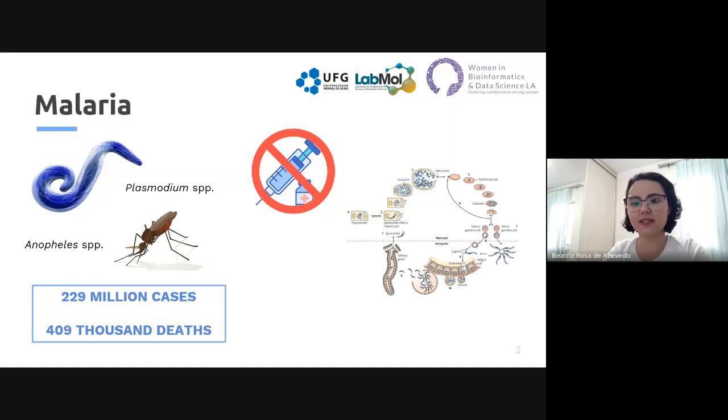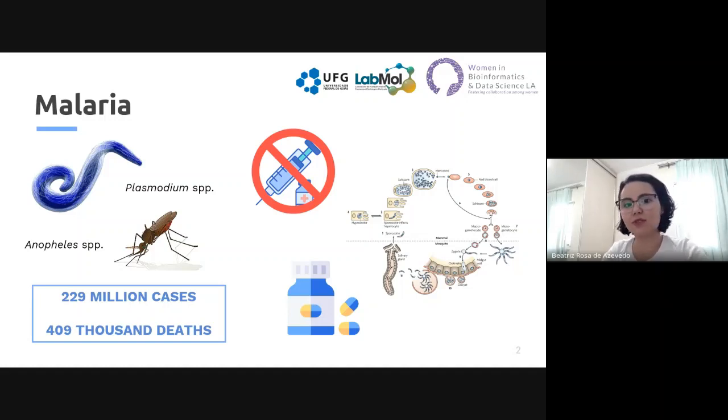This parasite has a complex life cycle with many stages. Combination treatments with different classes of antimalarials are widely used to reach more stages and hit different targets, because there are already resistant strains to most drugs separately. Therefore, it is of great interest to search for new targets featured in multiple stages.